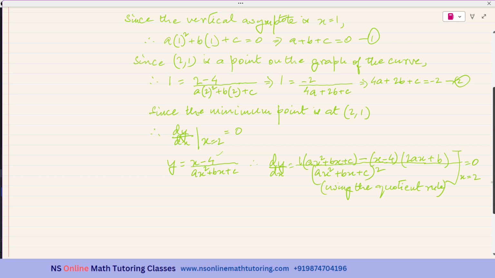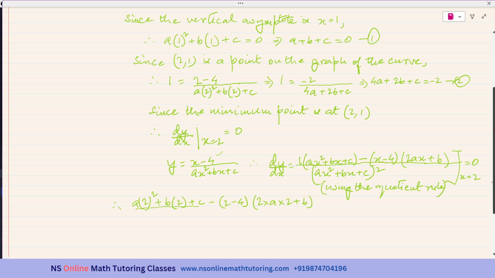Okay? So therefore, ax square plus bx plus c minus x minus 4, in place of x, I'll be substituting 2. So 2 square, plus b times 2 plus c, minus 2 minus 4, and 2 times a times 2 plus b